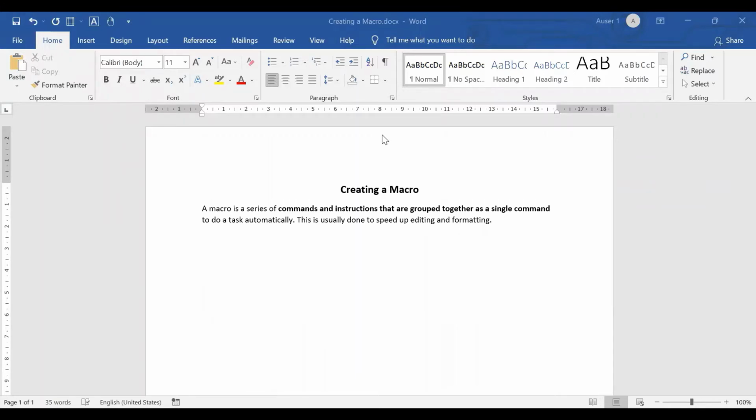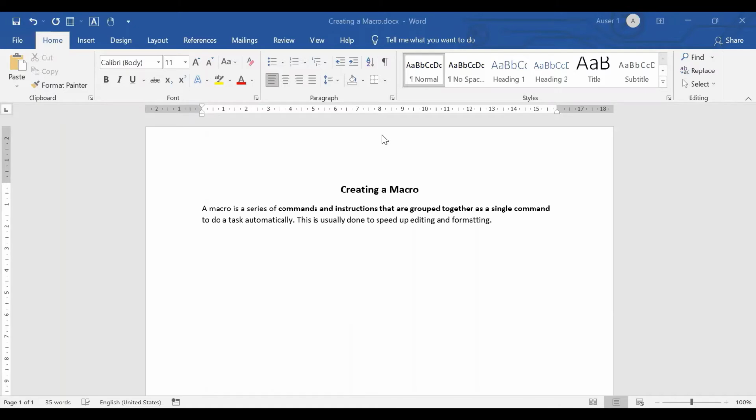Students, let us take a look at how we can create macros in Microsoft Word. Basically, macros are used when you want to automate a certain piece of work. And in Word, you can automate frequently used tasks by creating and running macros.